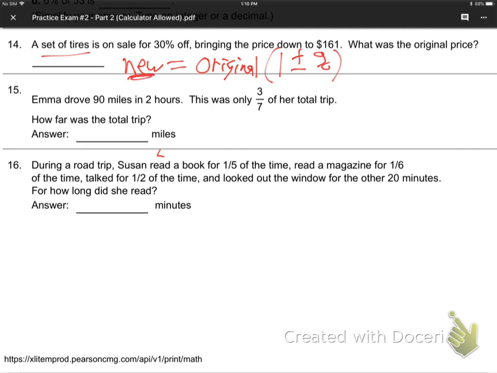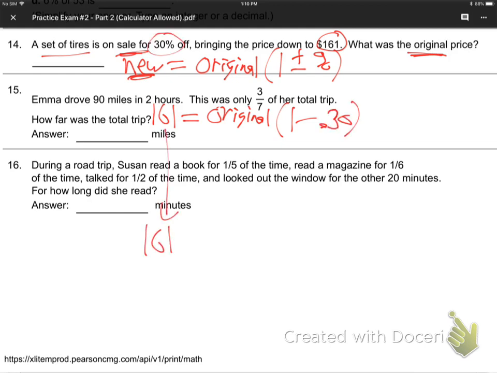So the new price, that's the 161, equals the original, call that X. We don't know the original, so we're looking for, you can just leave the word original there if you want. Times 1 plus or minus. A sale, does that add or subtract? That subtracts, that's minus. Minus, and what's the percentage? 30%. Make that 0.30. So that's 161 is original